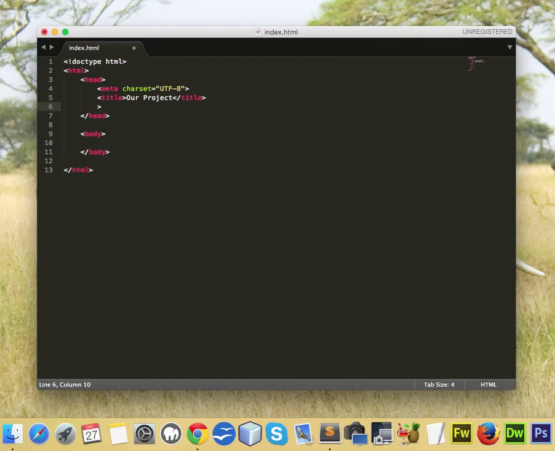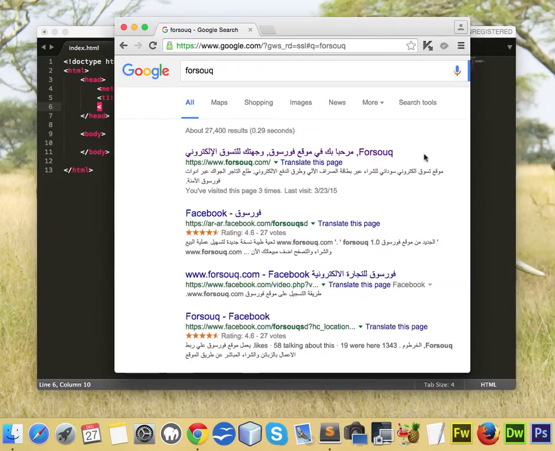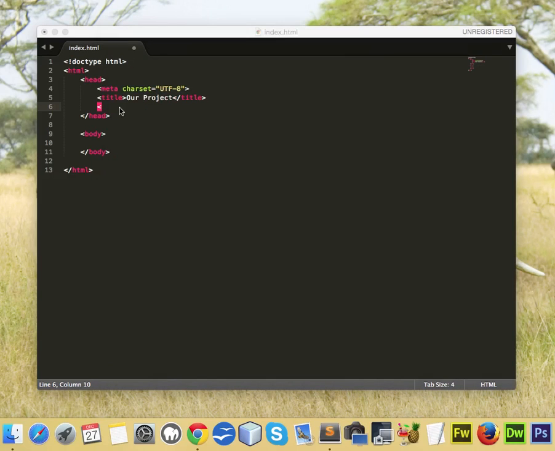Let's make the description that you've seen in here, which is in Arabic. I'm sorry for this, you will understand it if you're an English speaker, but this one is a description. It's called description. So just call it a meta, and the meta has two parts. In here it has name, it has content. Okay, the content could be for the description. What is the content for the description of your website? It could be all the project